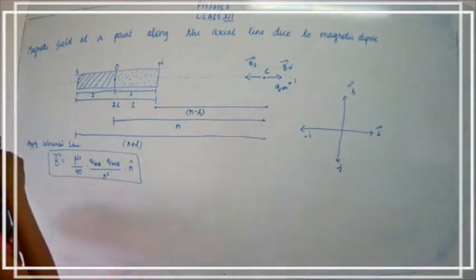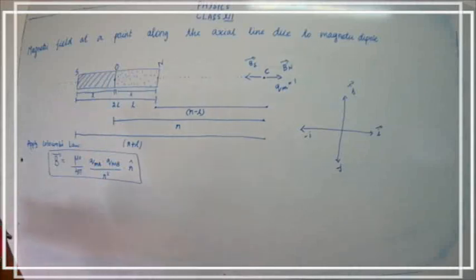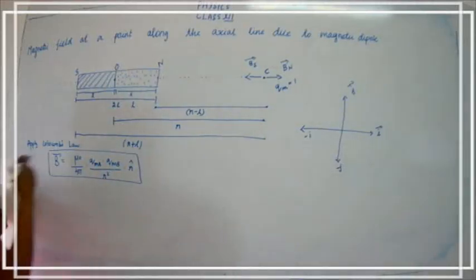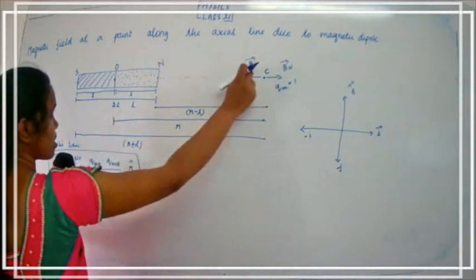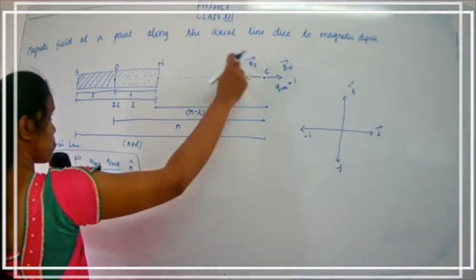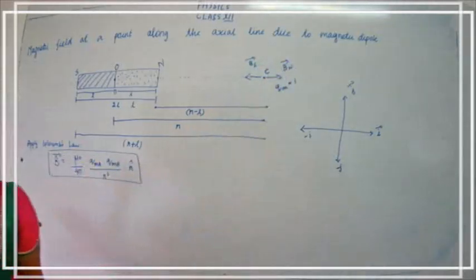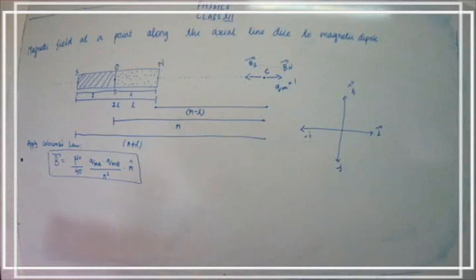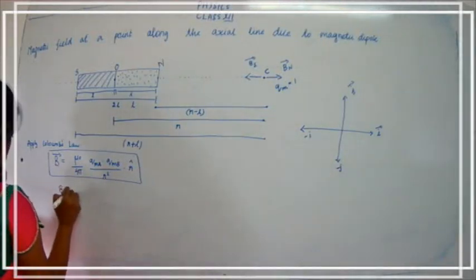Now we are going to apply Coulomb's law in terms of Bn and Bs. First of all, we are going to find the magnetic field Bn and Bs, and after finding them, B equals the net field, Bs plus Bn. Our target is to find Bs plus Bn. Now for Bn, apply Coulomb's law here.